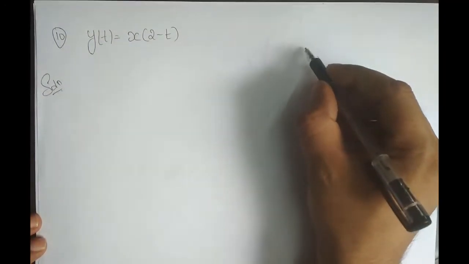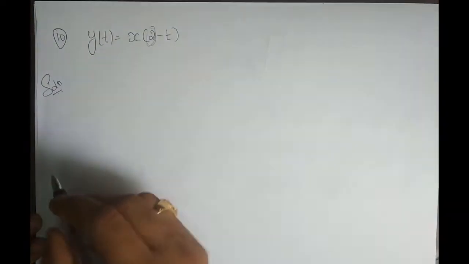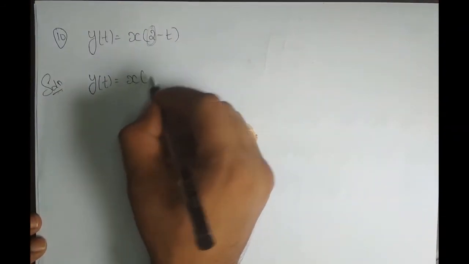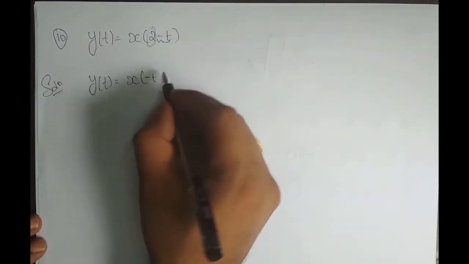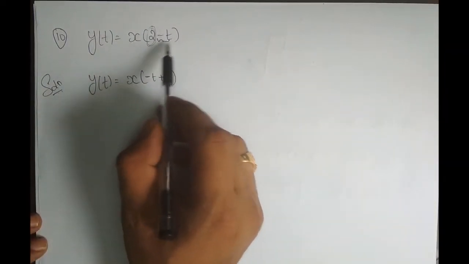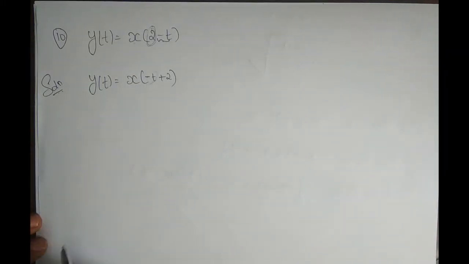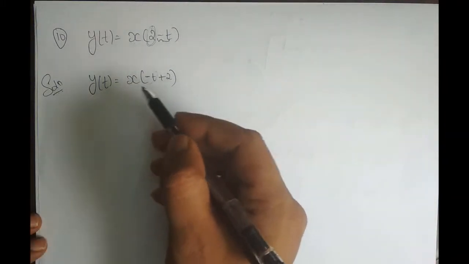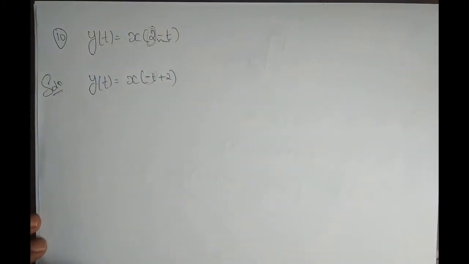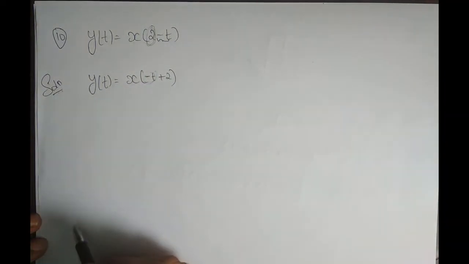So always the first variable should be independent. So I can rewrite this equation as x of minus t, I'll write first, and then the remaining part, which is plus 2. If it is not in the standard form, you convert it to standard form. Always the first term should be the time independent variable, and plus or minus multiplied with any constant is fine, but the first term should always be the independent variable. Now x of minus t plus 2 is nothing but x of 2 minus t, right? I just rewrote the equation.